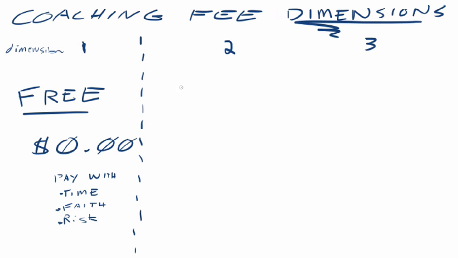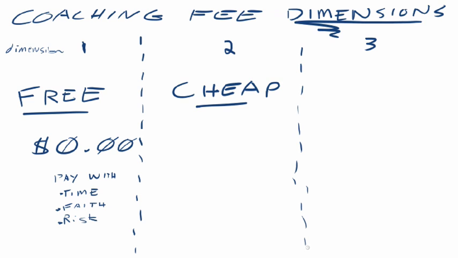The second dimension is, I'm just going to call this, probably not the best term for it, but I'm just going to call this cheap. Second dimension is the cheap dimension of coaching fees. Okay, completely different dimension. Make no mistake, if you're charging $25 a month for coaching with somebody,